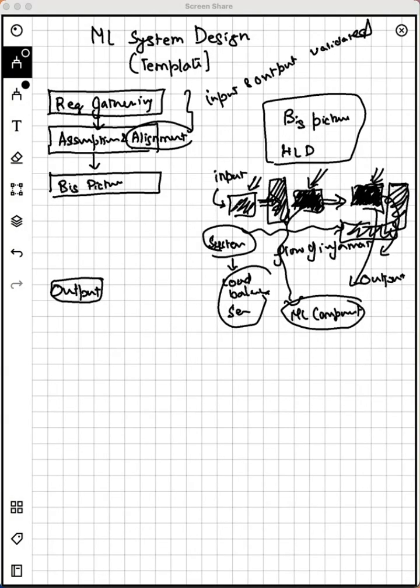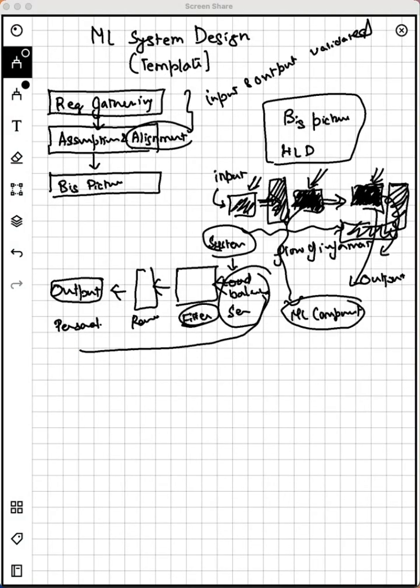So if the expected output is some personalized feed, then what you need just before that is sort of some re-ranker. And what are you re-ranking? You're basically re-ranking some results. So this has to be some sort of filter that has to come in. And what is the filter working on? It's working on even bigger base of data points, so there has to be a candidate generation step, and so on. So working back from the output really becomes helpful, and then once you have that high level idea, then